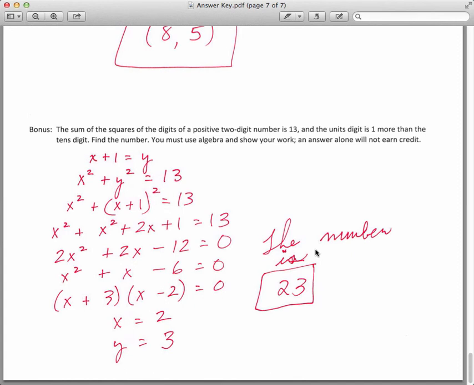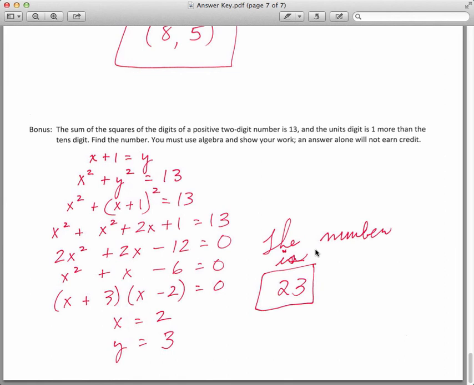The sum of the squares of the digits would mean x squared plus y squared, and that would be 13. And solving this pretty much the same way we just solved problem 16 using substitution, x plus 1 goes in place of y, and if you work that out,